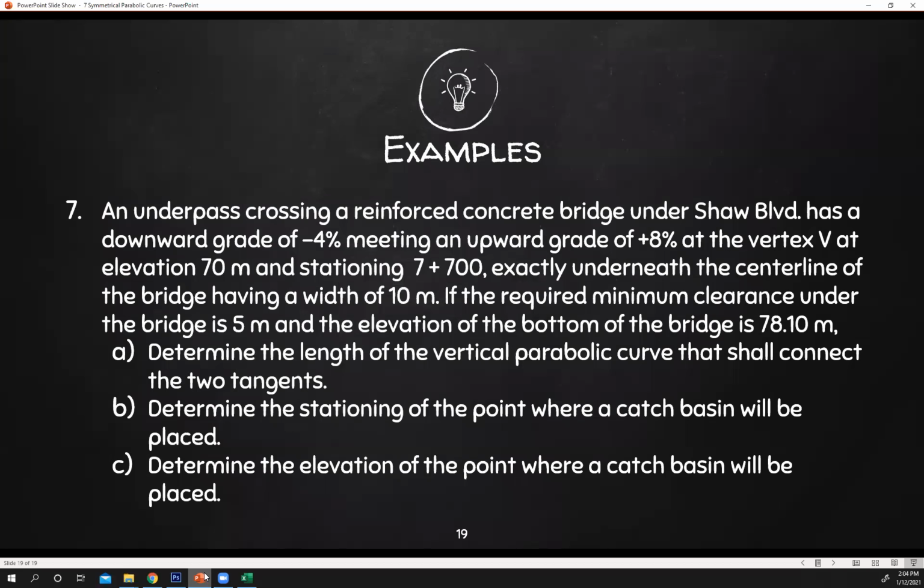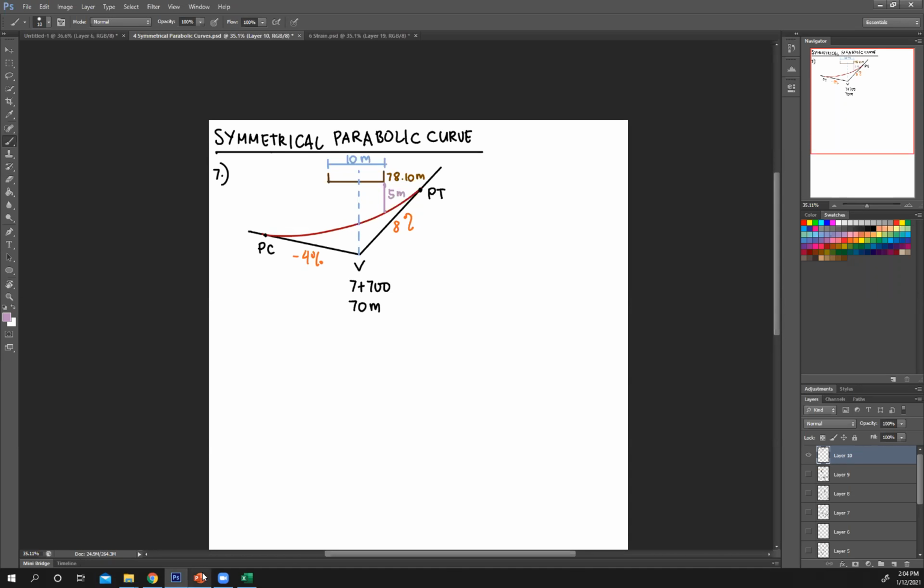First, we're looking for the length of your curve. Usually, to get the length of a curve, you're going to use this equation: y over x squared equals h over L over 2 squared. If you get h and y and x, you can solve for L. And h is just L over 8 times G1 minus G2, which is given. So now our goal is to figure out x and y, since h will be substituted.